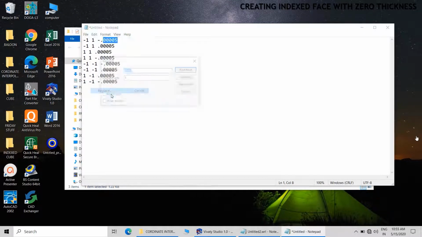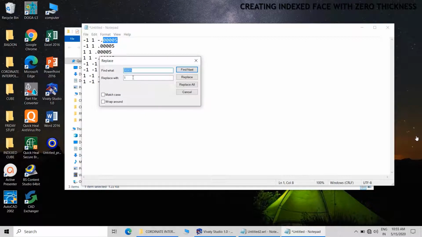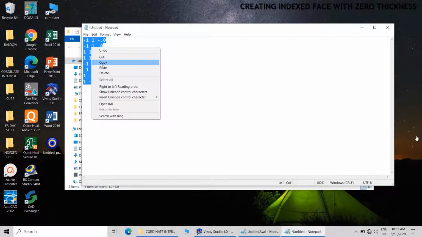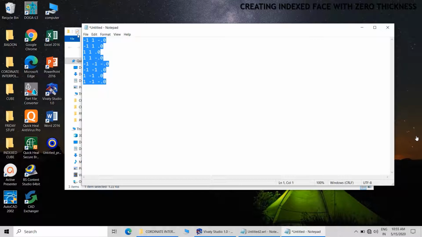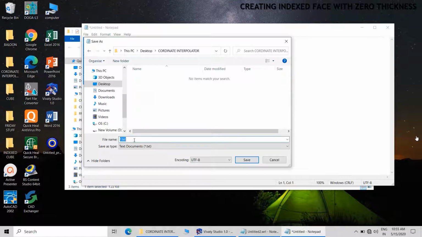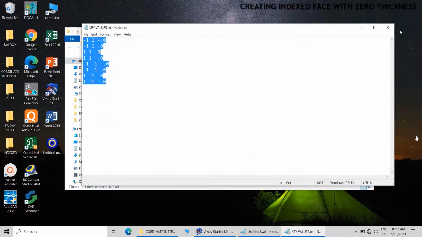Now what we are going to do is replace 0.0005 with 0. Now I am saving these coordinates as key values.